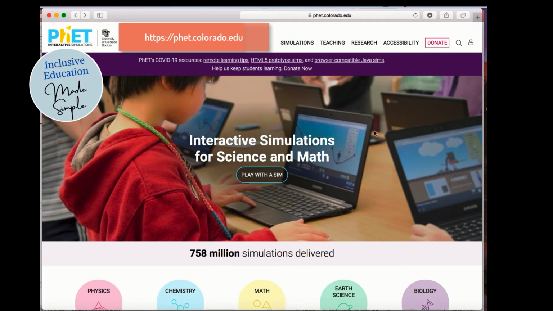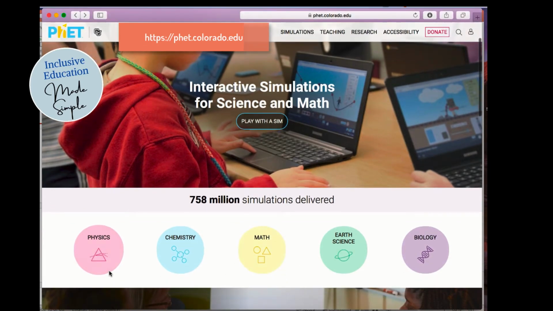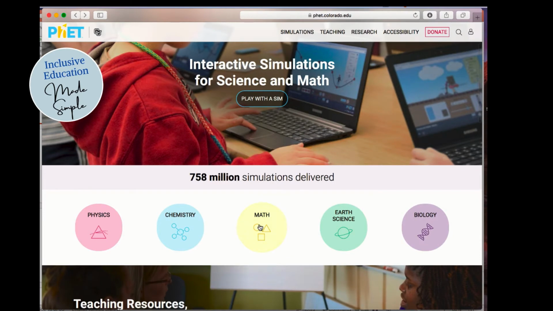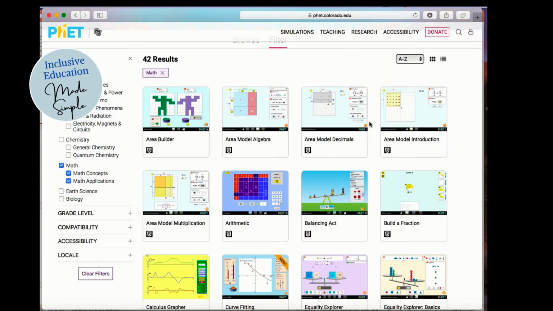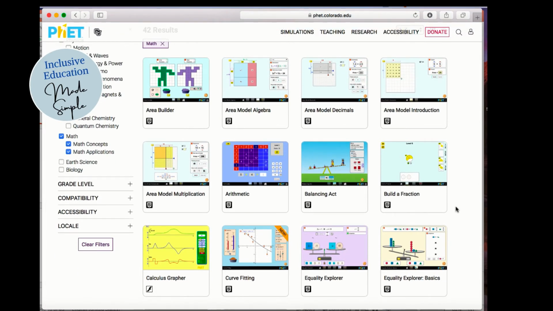Another great math website is PhET Interactive Simulations. In fact, it isn't only for math, but it provides extensive experiments in the area of physics, chemistry, earth science, and biology. Let's go ahead and see what they have to offer for math. You will notice that very similar to DIDAX, PhET has different available simulations that can help students understand mathematical concepts